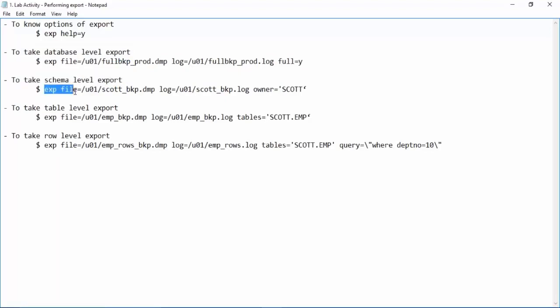In a database, you can perform a single schema level export. For example, we have a Scott user. We can perform the export of only Scott user. All the tables, all the database objects that are owned by the Scott user, they will come along with this export. Now we invoke the export utility. We give the file name, nothing but the dump file name. Then we give the log file name and we use the owner keyword to define which owner